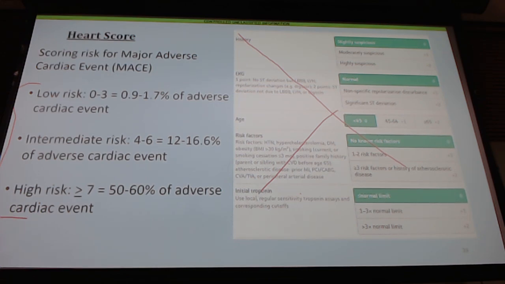Why is it you had this chest pain patient and you decided to discharge them from the ER? Why is it you have this chest pain patient and you consulted cardiology? Why do you have this chest pain patient and you called for them to get admitted to get a PCI done? This risk stratification tool gives you that objective data to help you make those decisions. And this is important data when you consult the cardiologist.